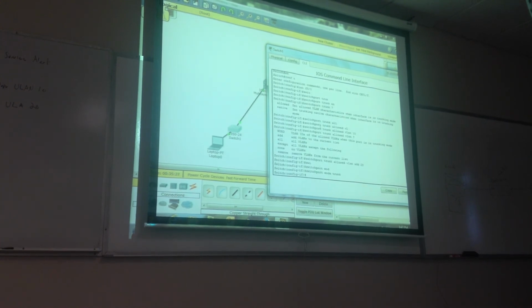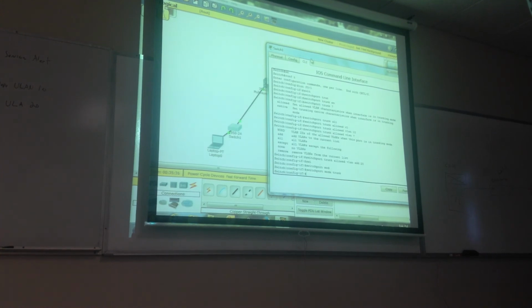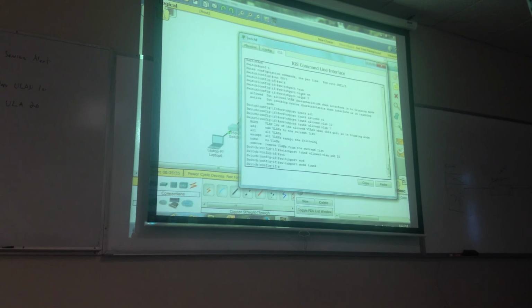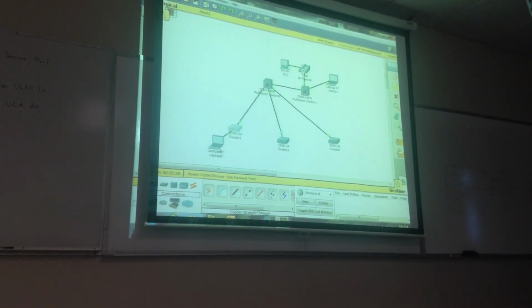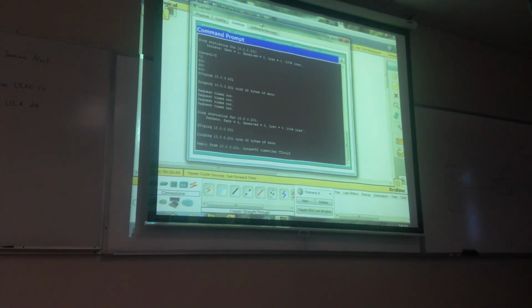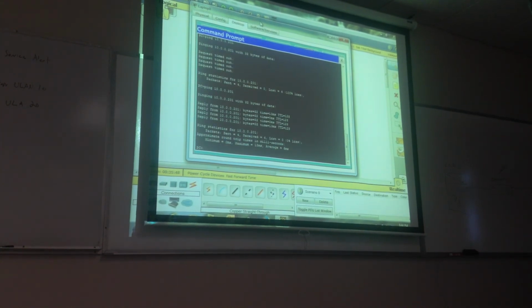Now, I did not have to do that on the layer 2 switch because I did not have to define the Ethernet protocol because it's done by default. That's back up, and that is a trunk. I can ping that PC. So, the moral of the story, ladies and gentlemen,